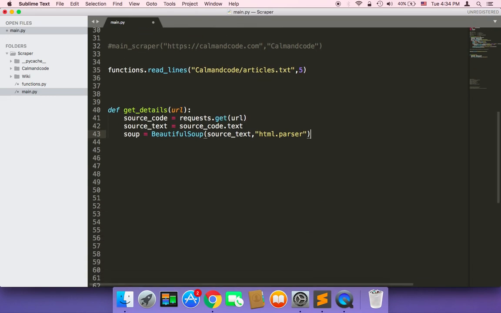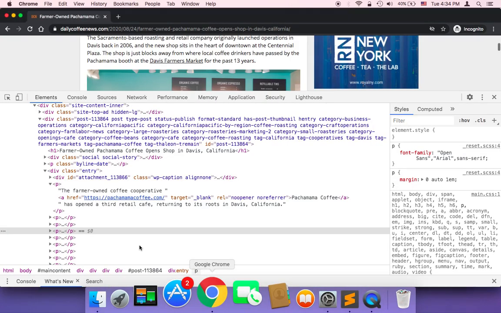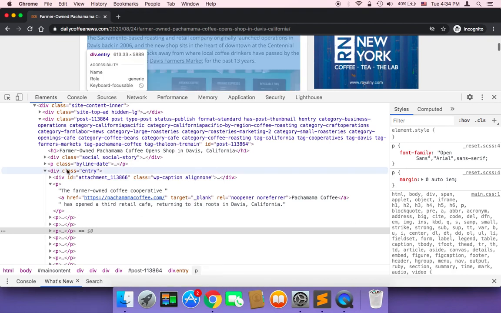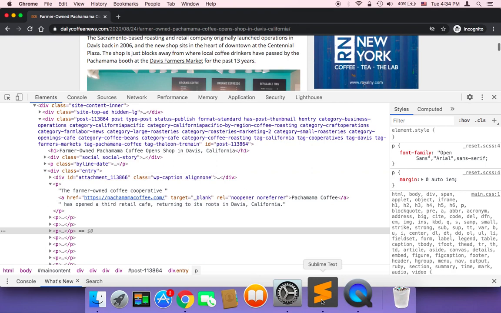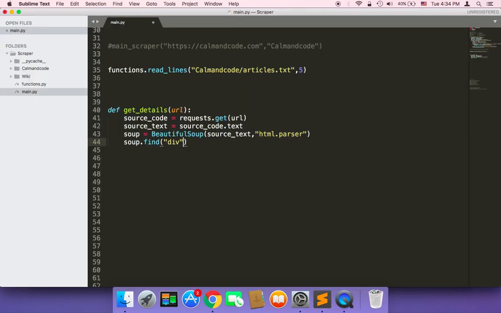Here, after we made a BeautifulSoup object, we want to use the soup and then .find. Now we use find, not find all, because we want to get only a single div. Because we will have only one div that we are interested in for each single article. So we want to use find div that has a class of entry. The class name is entry,